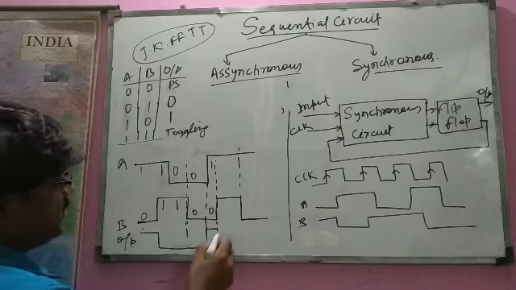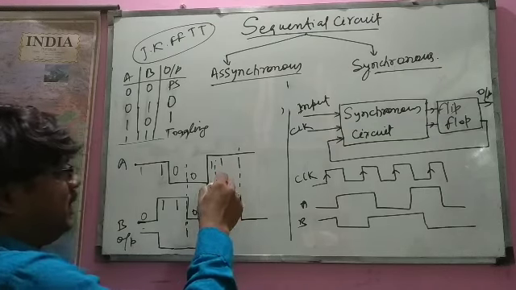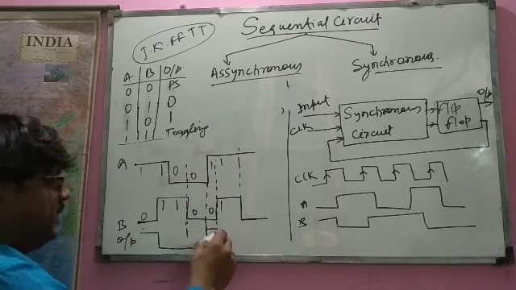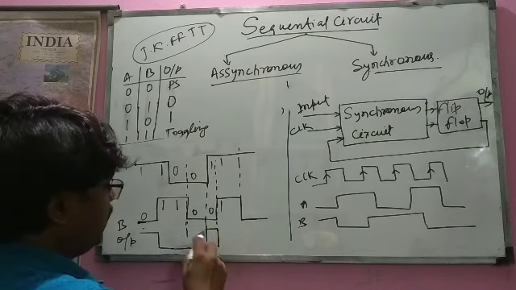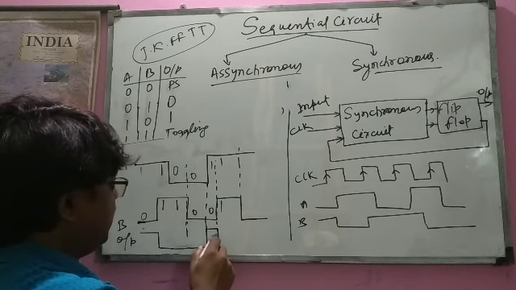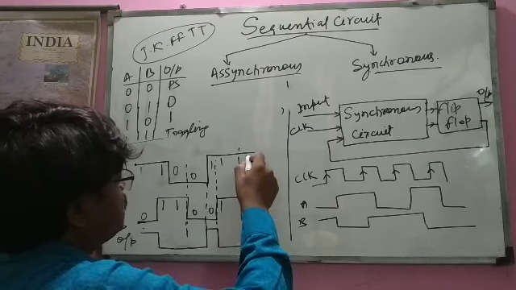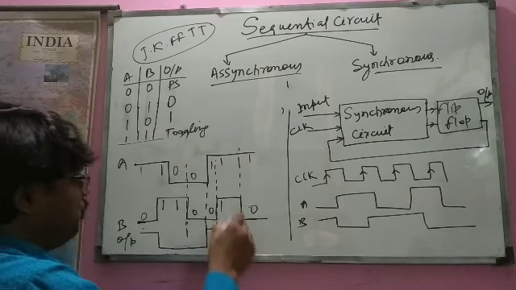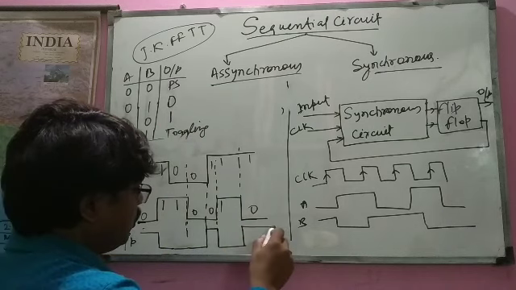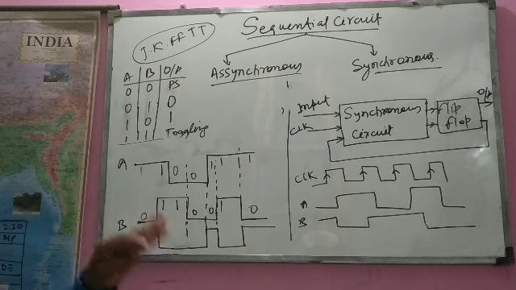Okay, come to this point. Here it is 1 and here it is 1. So when its input becomes 1 1, it gets toggled. If it was previously 1, it becomes 0. And at this point, here it is 1, here it is 0. So at 1 0, its output is 1. Okay, so whenever the input has changed, output has changed accordingly.